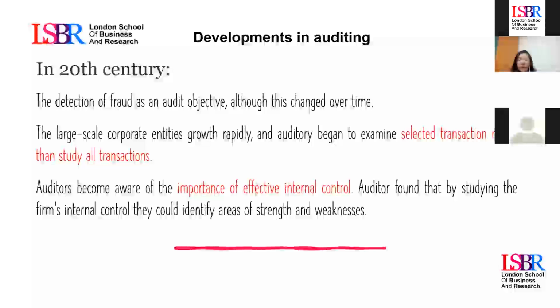Obviously, if a company has a huge internal control or a very solid and very powerful internal control, the auditor will review less. And if the company has a weak internal control, it would mean that the auditor needs to review more items, or they need to have a major scope in the tests that the auditor applies.